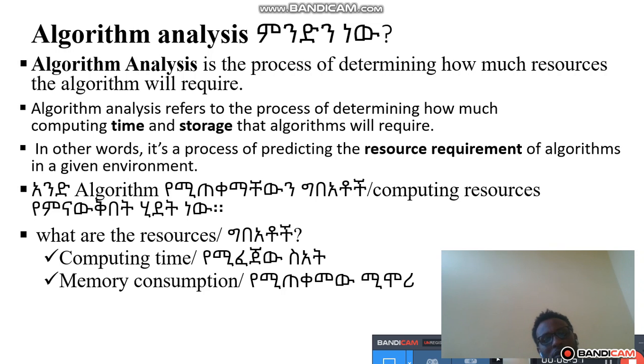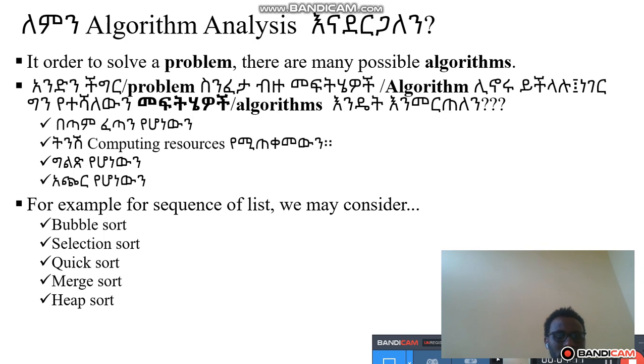አንድን አልጎሪዝም የሚጠቀማቸውን ግብአቶች ወይም ደግሞ ኮምፒውቲንግ ሪሶርስ መናውቅበት ሂደት ምን ይባላል algorithm analysis ይባላል what are the computing resources or ግብአቶች ምንላቸው computing time ወይም ደግሞ የሚፈጀውን ሰዓት አንድ ስራ ለመከናወን የሚፈጀውን ሰዓትና ሜሞሪ ኮንሰምፕሽን ወይም ደግሞ የሚጠቀመውን ሜሞሪ ሊሆን ይችላል ለምን algorithm analysis እናደርጋለን የሚለውን ለምሳሌ in order to solve a problem there are many possible algorithms አንድ ፕሮብለም ሶልቭ ለማድረግ የተለያዩ አልጎሪዝሞች ሊኖሩ ይችላሉ ግን which algorithm is efficient in terms of time and memory ስለዚህ እንዴት እንመርጣለን በጣም ፈጣን የሆነው ትንሽ ኮምፒውቲንግ ሪሶርስ የሚጠቀመው ወይም ደግሞ ሜሞሪ ግልጽ የሆነው አጭር የሆነው